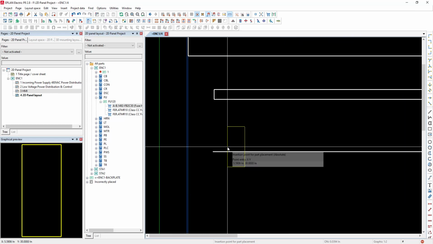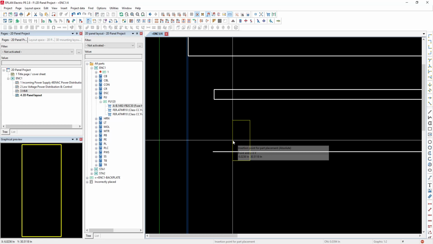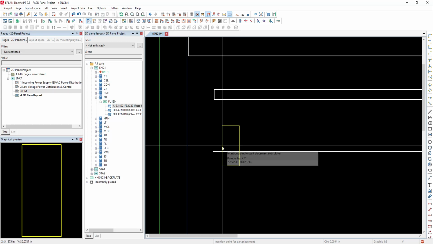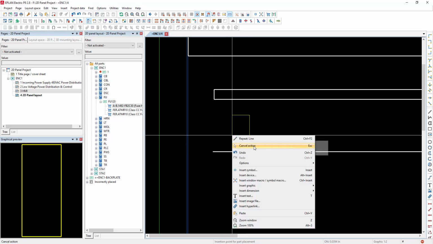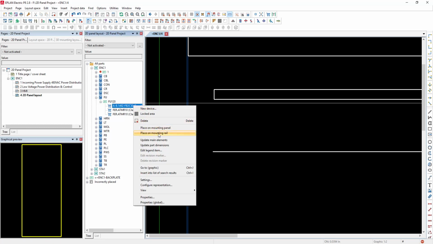Now, of course, they'll be tied to the schematic. So whatever I'm placing will be tied to the schematic. When you drag it out, you can eyeball it and position it where you deem that it should go. Another nice feature that I like in this particular case is I can actually go here and place on mounting